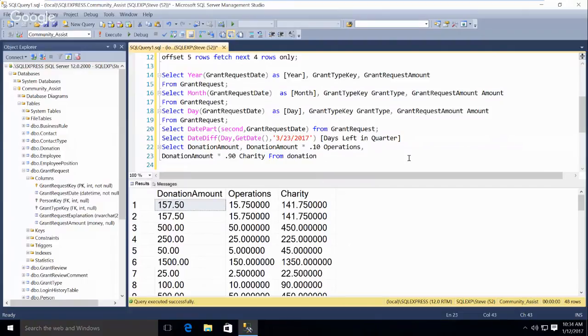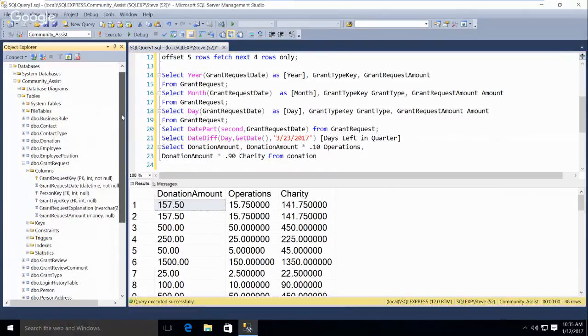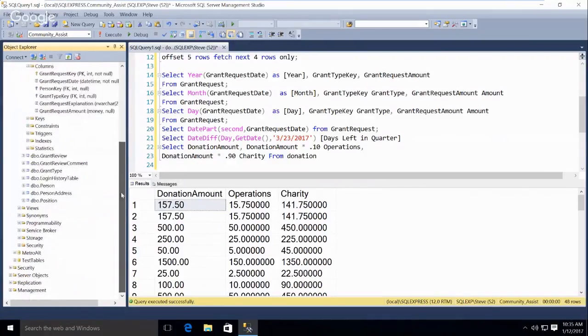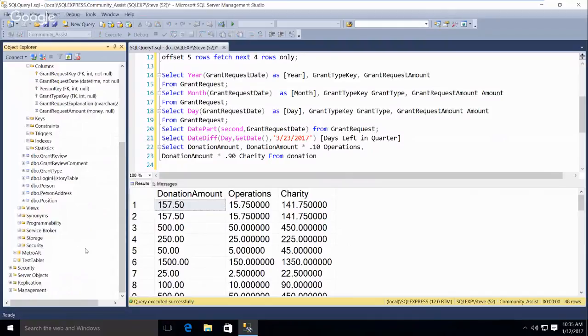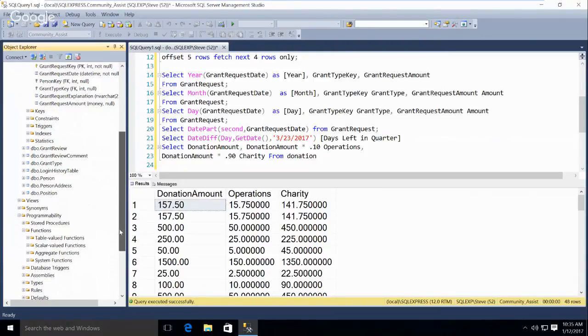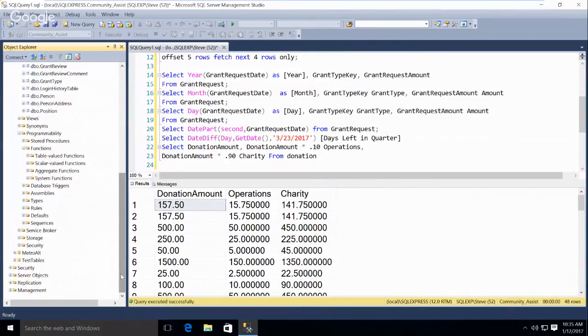And how do you know what functions there are? There's a couple of ways. You can Google. But if we look over here at the database and go down to Programmability, and I click on that, here are the table-valued functions, the scalar-valued functions, the aggregate functions.